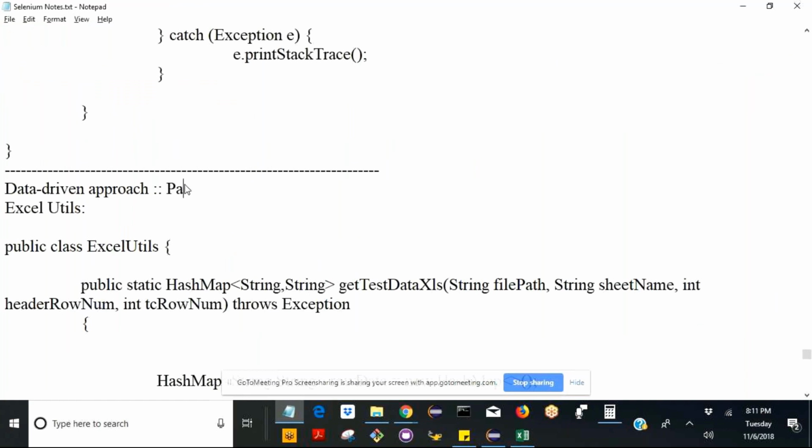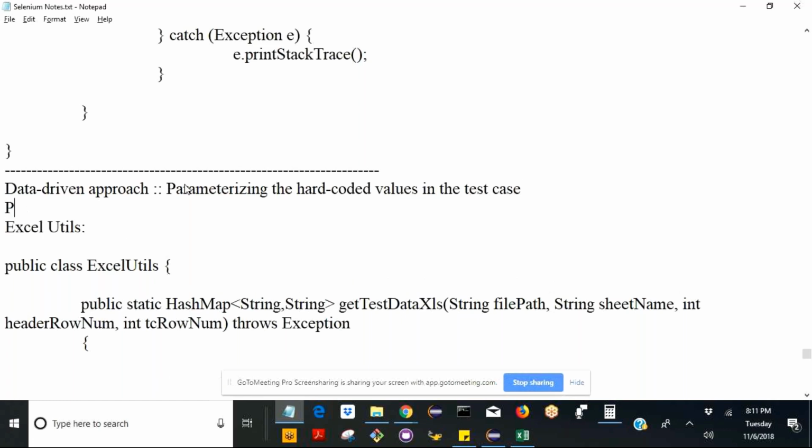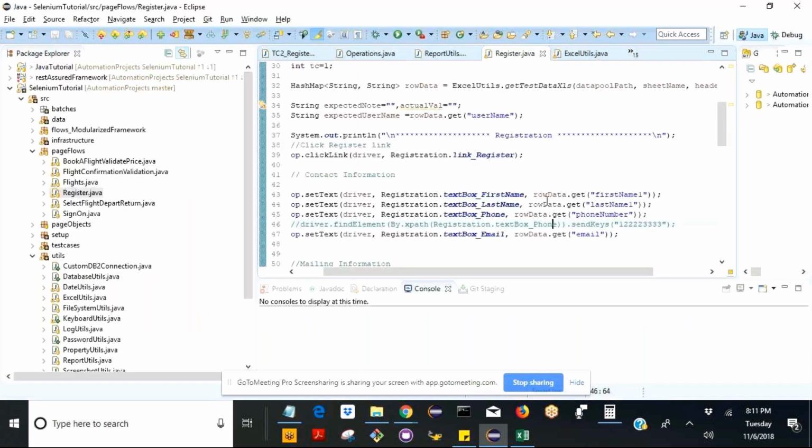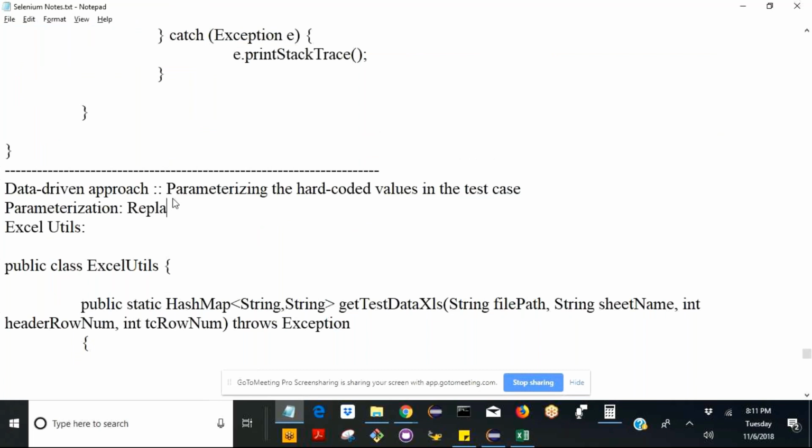Data driven approach means parameterizing the hard coded values in the test case. Okay, so what is parameterization? Parameterization is replacing the hard coded values with parameters